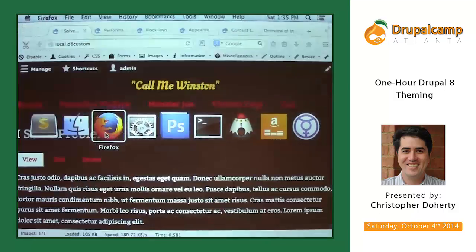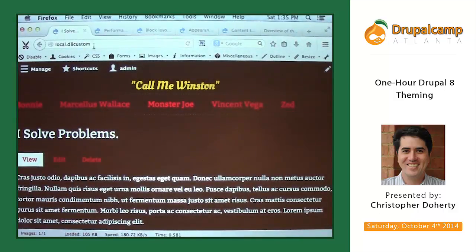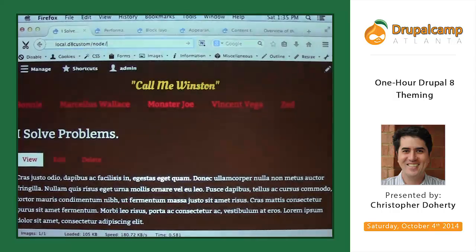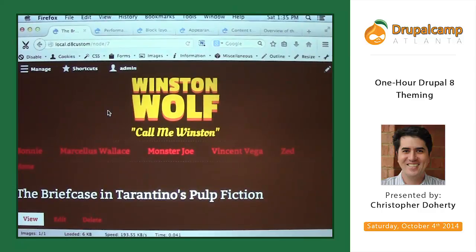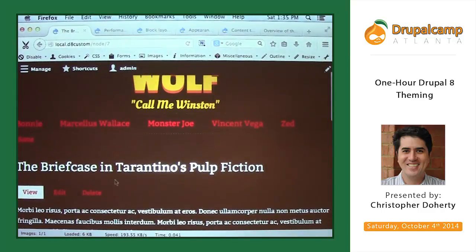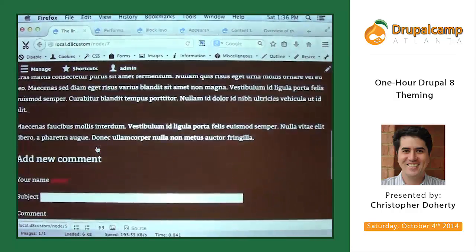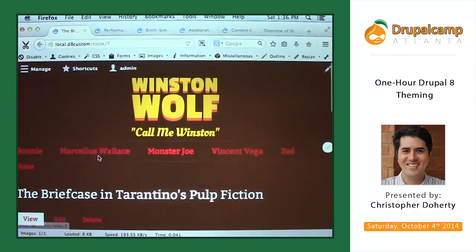Now what I want to do is put some text onto an article. I've already created an article here. And I want to put some other text in place on this page. It's a different layout. It's a different node type.